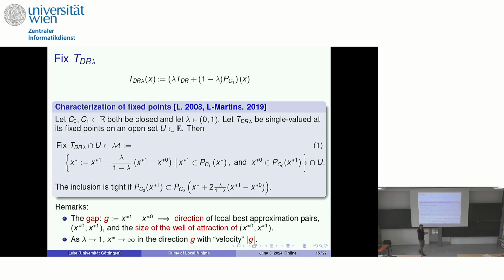The closer lambda is to 1, as this goes to 1, this is going off to infinity. So you have a control parameter now. You can push these points out of a well of attraction of maybe these two best approximation pairs, and then push yourself into a different domain of attraction. That's the heuristic, and this is pretty much heuristic at this point. Okay,